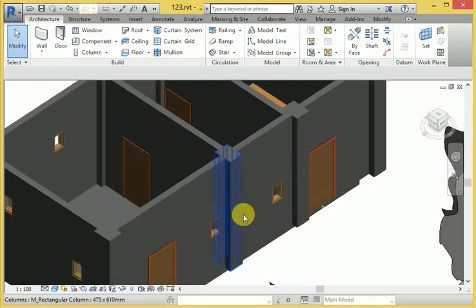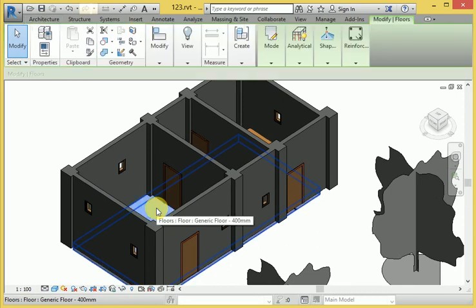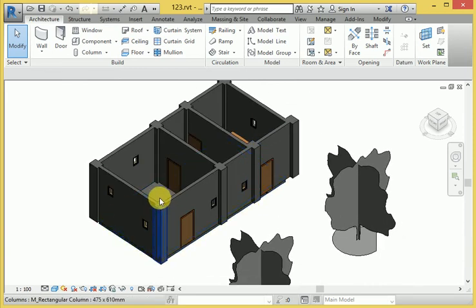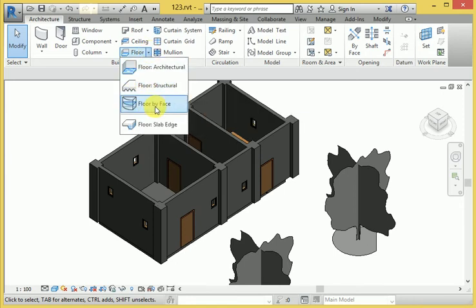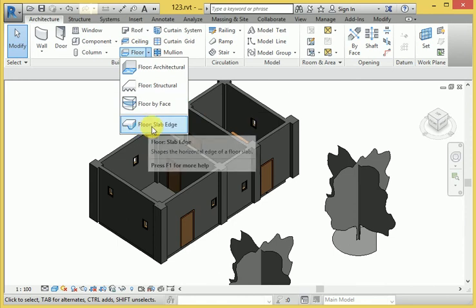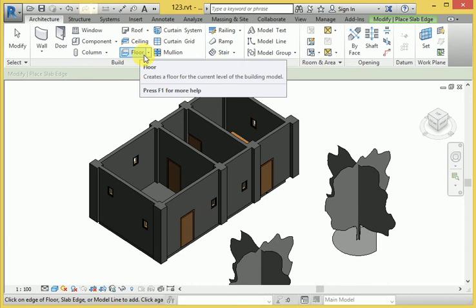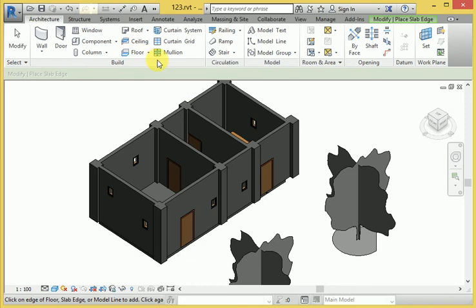Now see this, easy to select. Here this is the wall right now, and this wall has been selected in a particular way here, and make the floor design. The other ones have a different floor design. Here you can see floor by face, floor by slab. You can select according to slab, but there is no slab, it is not used. So there are many types of floor design in Revit architecture, and it is easy to create.